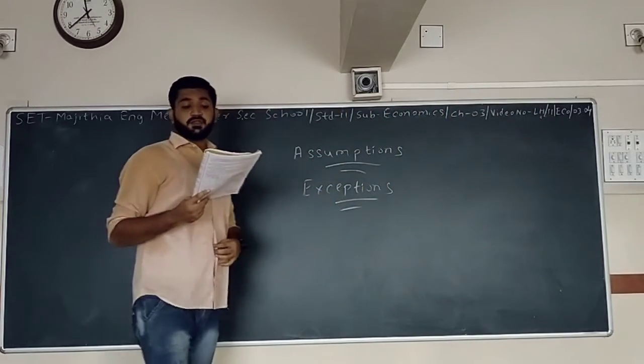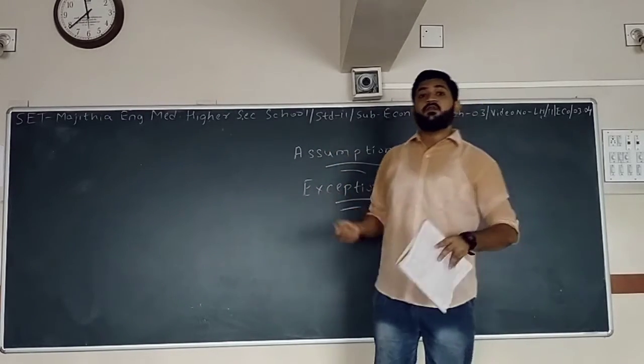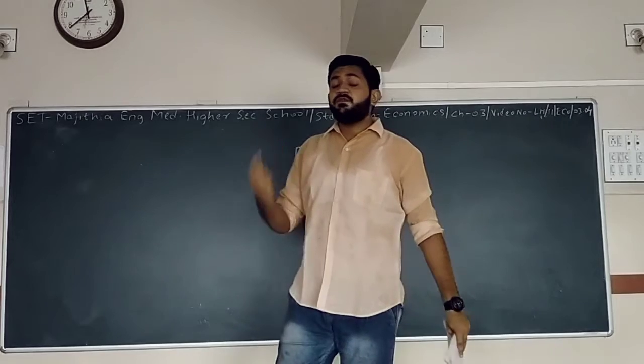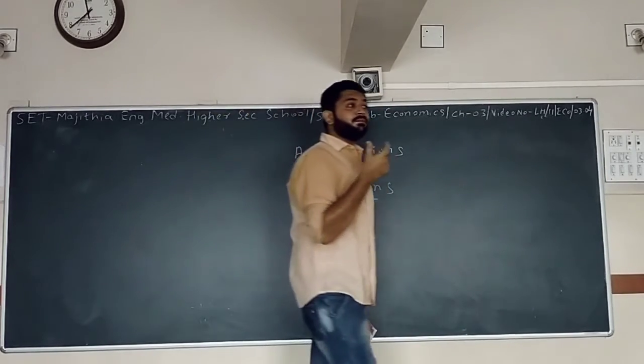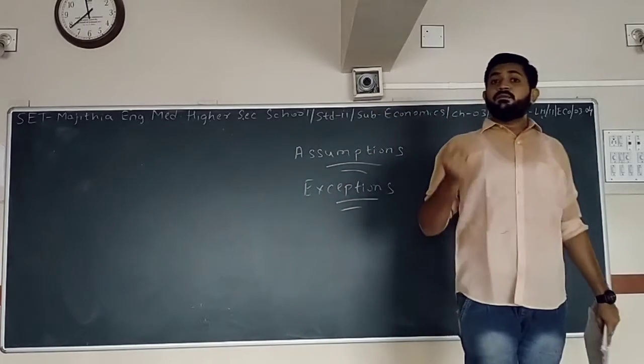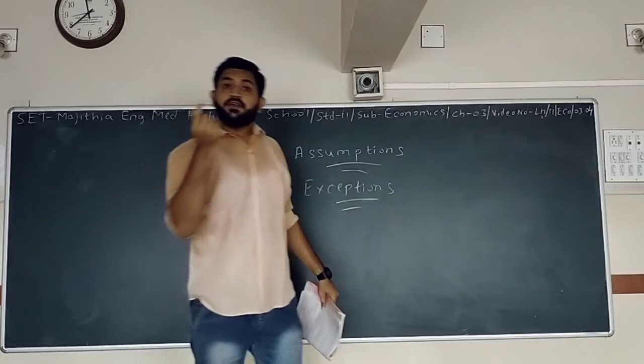First is prestigious goods. Suppose jewelry or an expensive product, an expensive car: if its price falls, the people who are rich will not buy those goods, because the status of the goods has fallen with its price.